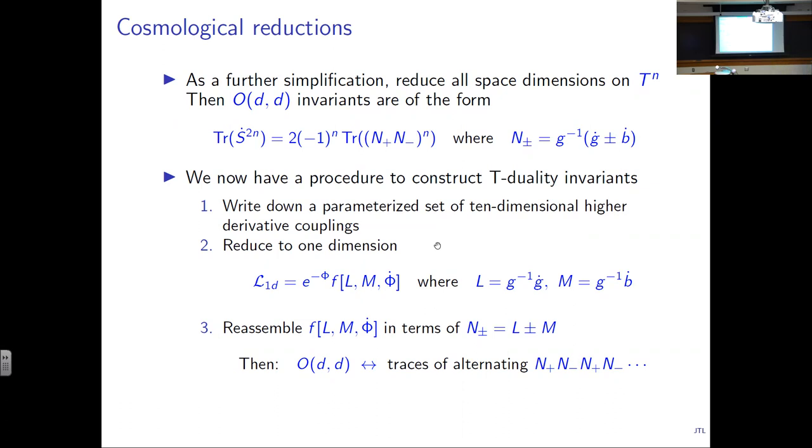Do this reduction procedure, you get a whole bunch of terms in one dimension. Make sure all the non-invariant terms have 0 coefficient. It's a linear algebra problem because everything here is very linear. And then you demand all these linear relations on those 10-dimensional couplings. And if you're lucky, you have enough relations to completely fix things. So even without doing a string 8-point function or something like that, you might be able to actually find the original